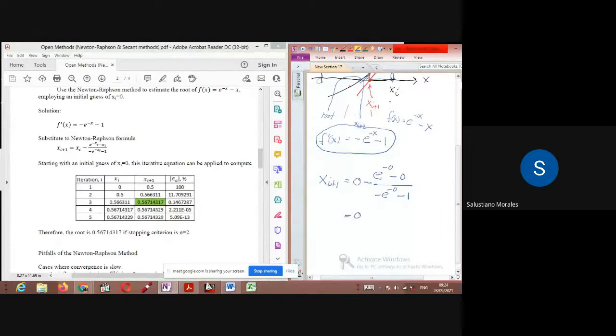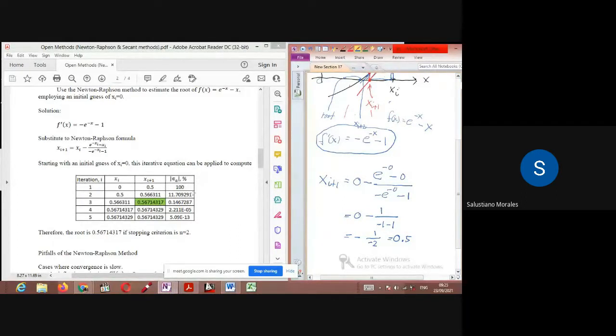So 0 minus e raised to negative 0 is 1, minus 0 is simply 1. Then negative e raised to negative 0, the result is negative 1, minus 1. So that we have now negative 1 all over negative 2. And this one now is already positive 1/2 or 0.5. So we come out with that new value of